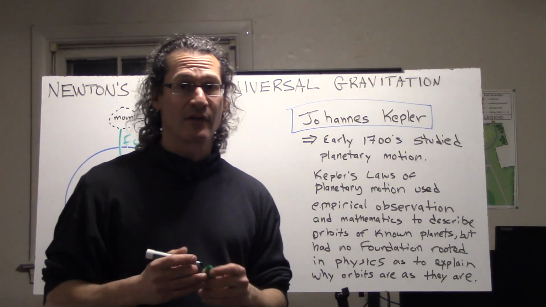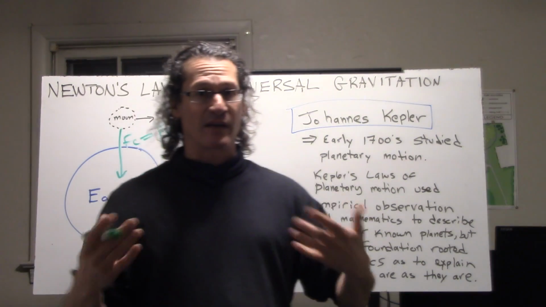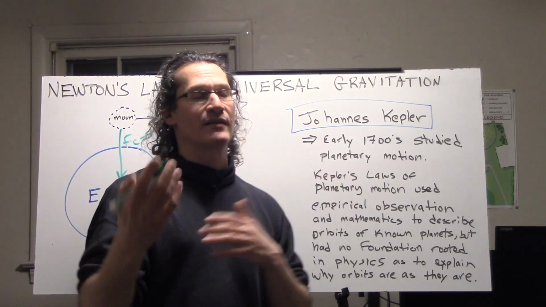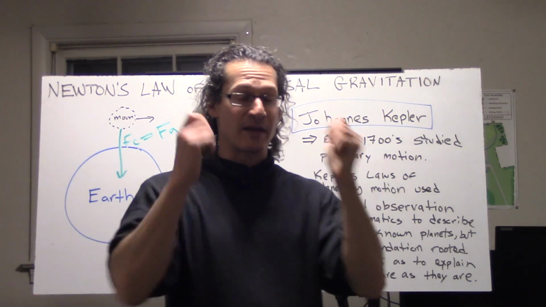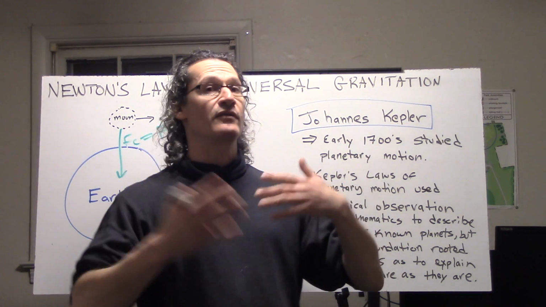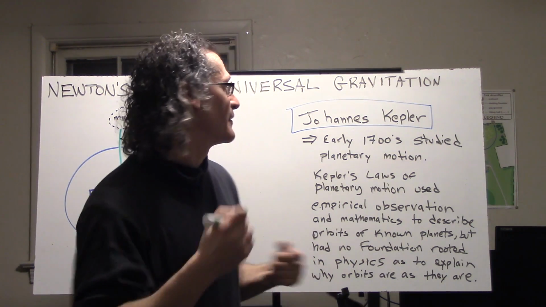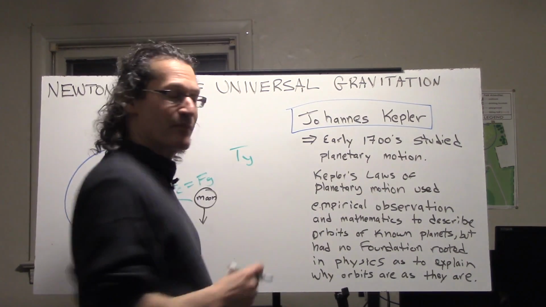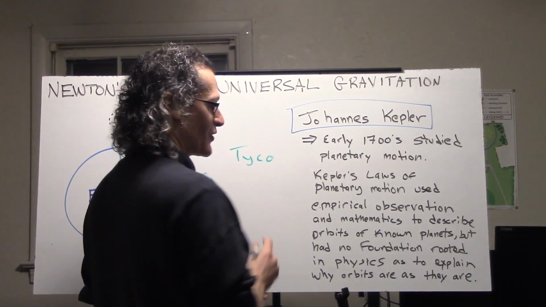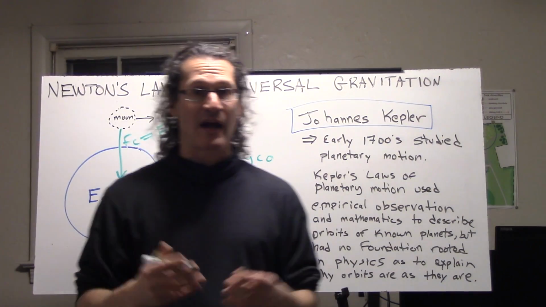Prior to him was another scientist, a very prominent one, by the name of Johannes Kepler. And in the early 1700s, he studied planetary motion. He took data from a scientist who didn't really understand the theory or the math, but he was good at collecting data, making observations with telescopes, the optical instruments of their day, and tracing the patterns of the planets. This man's name was Tycho Brahe. Pretty cool name. Tycho, not really a popular name with people today. Might be something you want to name your dog or cat or something like that. So Tycho Brahe was the guy who produced the data. Johannes Kepler was the guy that analyzed it.